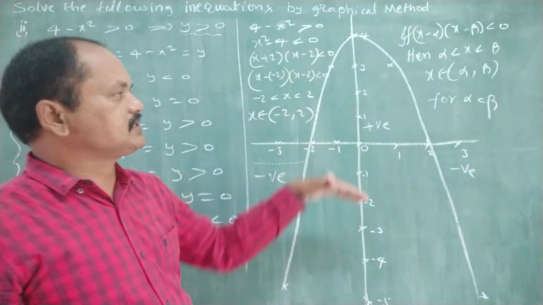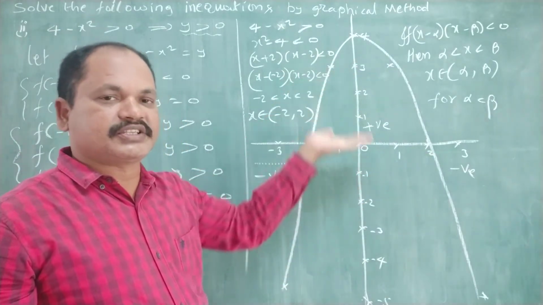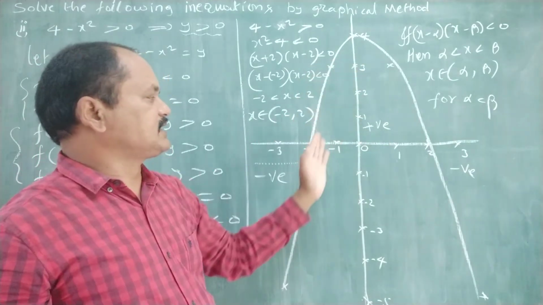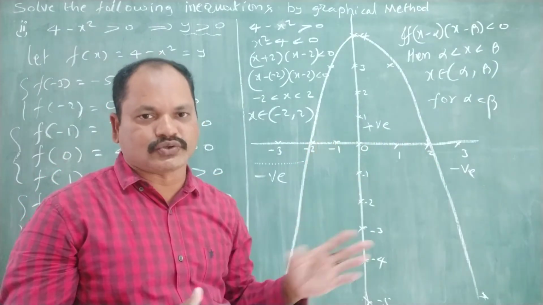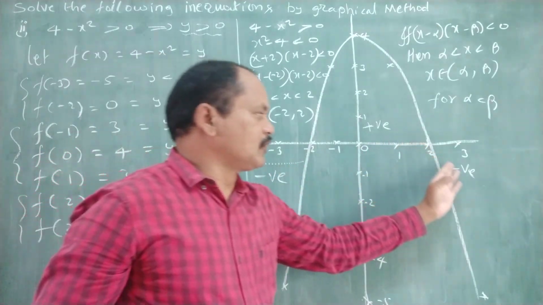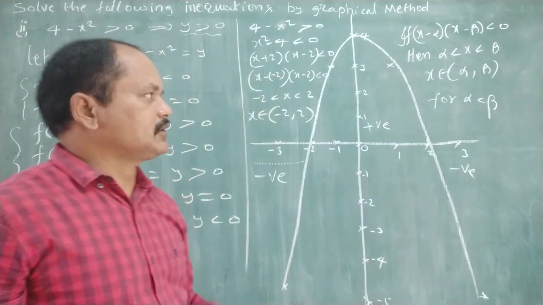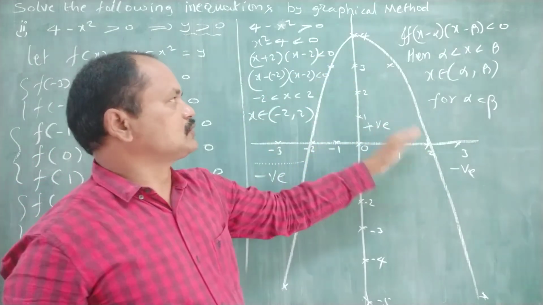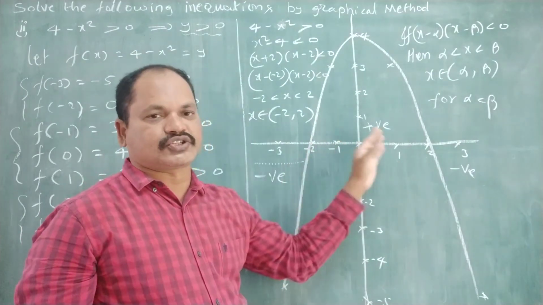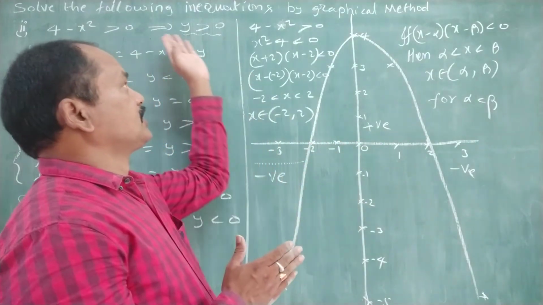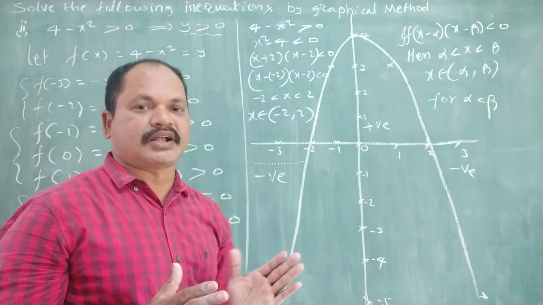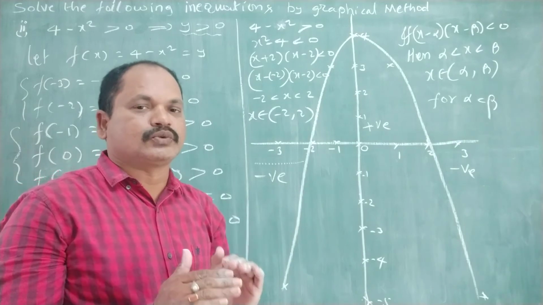That's why the graph is positive. The graph is positive above the x-axis, that is, within the interval minus 2 to 2. Below minus 2 it is negative, above plus 2 it is negative. In between minus 2 to 2 it is positive. The graph intersects the x-axis at minus 2 and 2, but from the given inequation, minus 2 and 2 are not satisfied. In between minus 2 and 2,